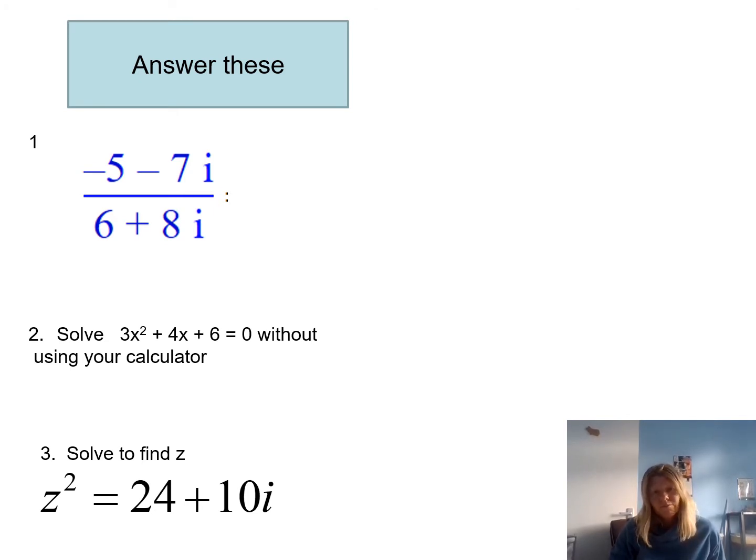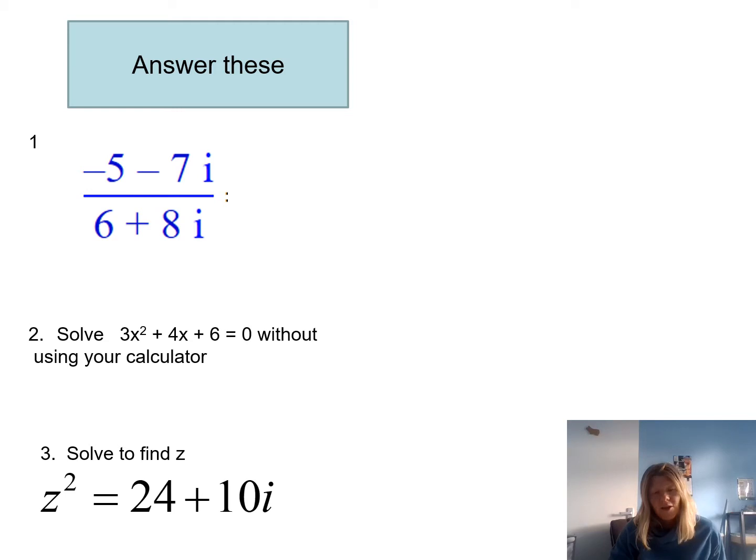First one, you could use your calculator, or you could multiply top and bottom by the conjugate of 6 plus 8i, and then it should work. The second one, solve that. You can use the quadratic formula and solve it. Or you could do it on your calculator, but that would be cheating because it says without calculator. And the third one to solve,